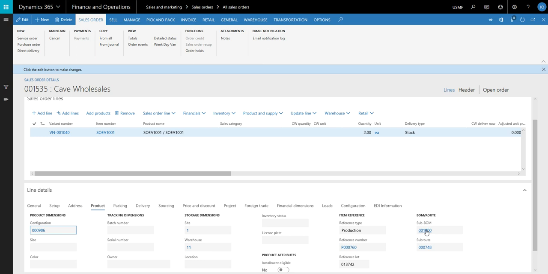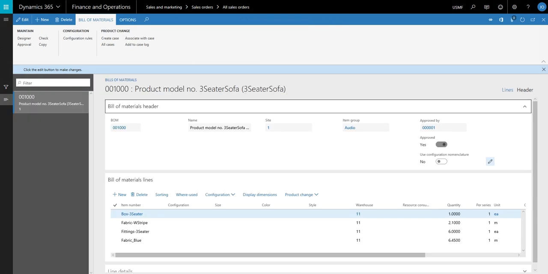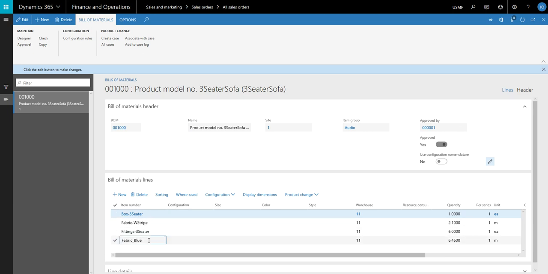If I look at the BOM for this item in particular, I'll see here that we have 4 components. I'm going to the fabric blue component to start with. I can see the quantity consumption per series on this component is 6.45 meters. Now that's being controlled by the cost band area,